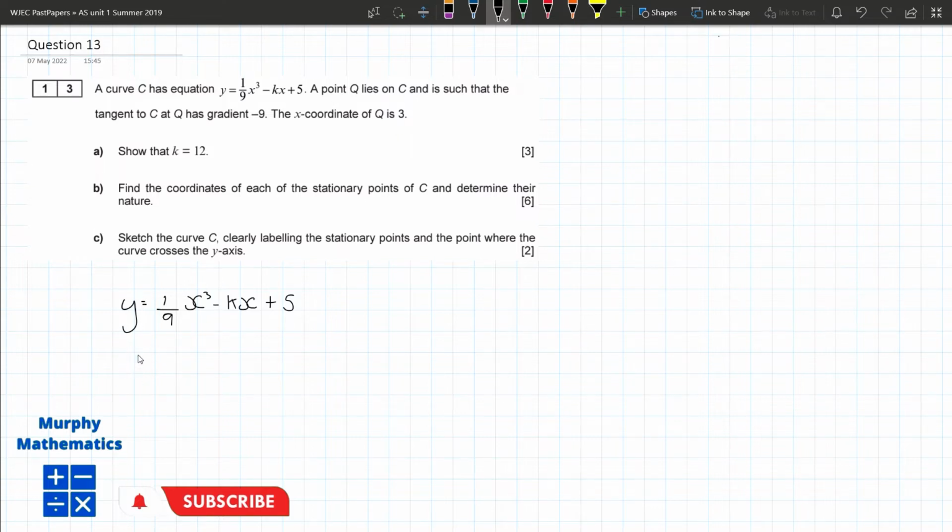So Q lies on C, so on this line, and Q has x coordinate 3. We haven't been given the y coordinate, and we're told at this point it has gradient